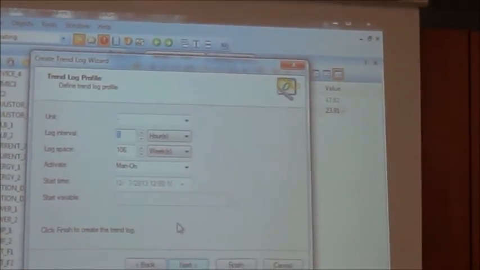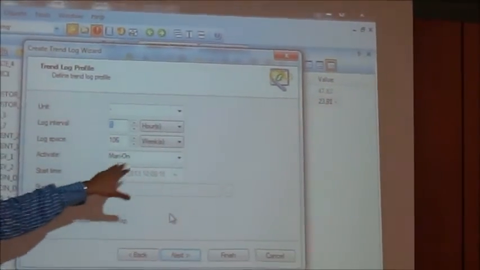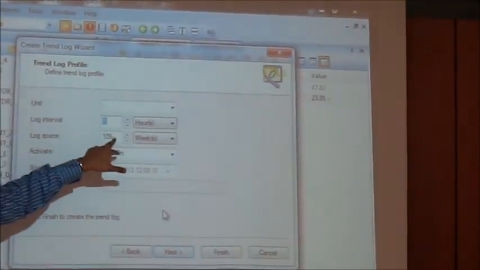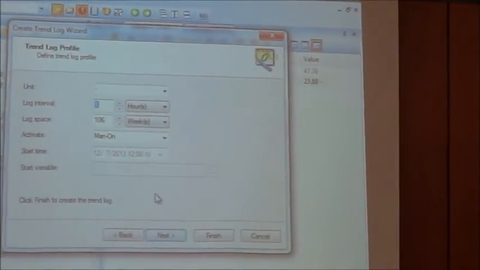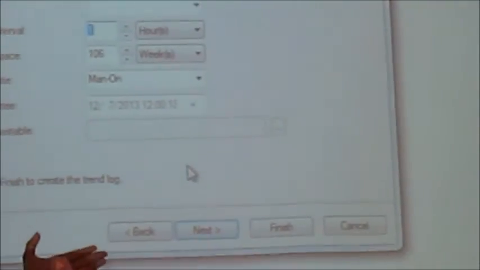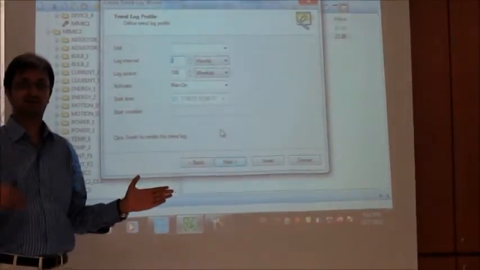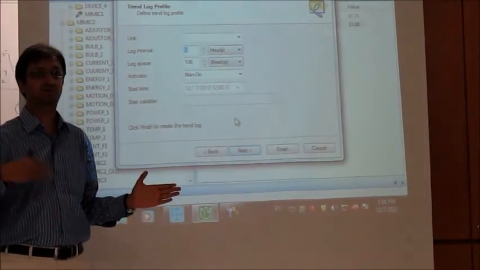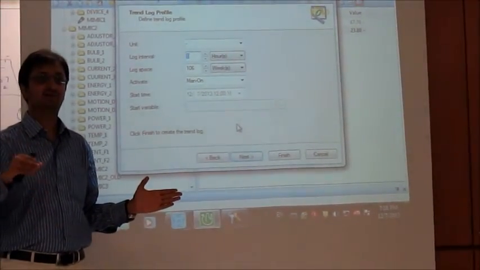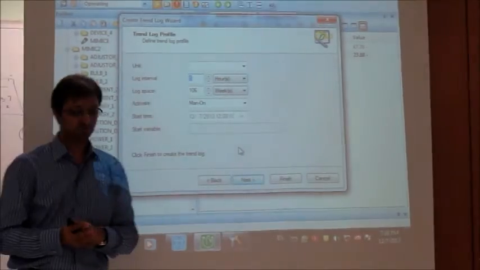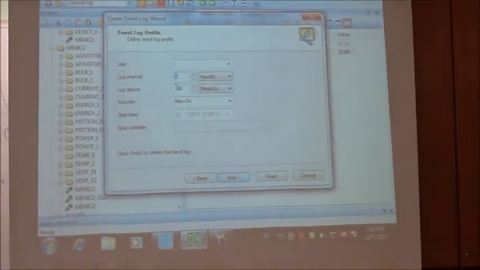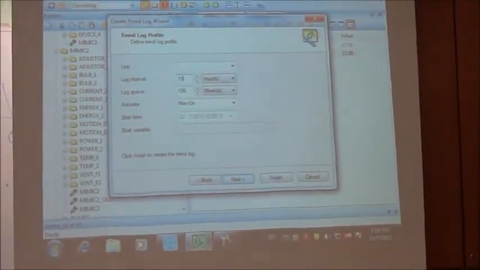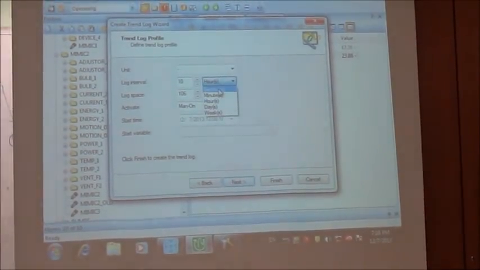Okay. Then it says my log interval is 1 hour, but I want to keep this log for 106 weeks. Understand what I'm trying to say? It means at every hour do the recording for how long? For 2 years. Okay, every hour. But in the lab, I don't have time to keep a record for 1 hour. It may be asked for 1 minute or may be asked for 10 seconds. So you can change accordingly. How do you change it? Rather than 1 minute, you just mention 10 seconds. You just switch over to seconds.